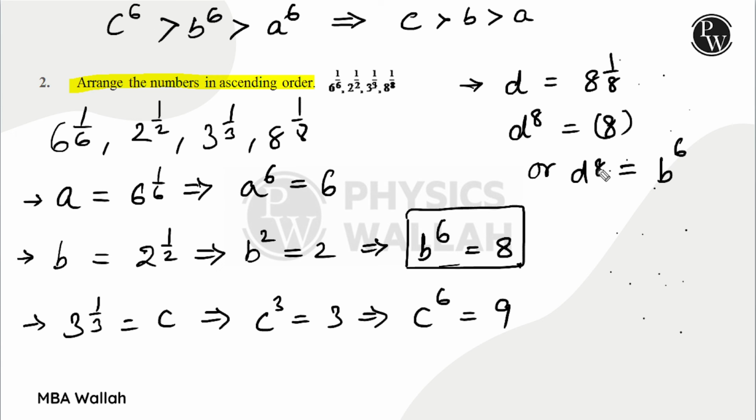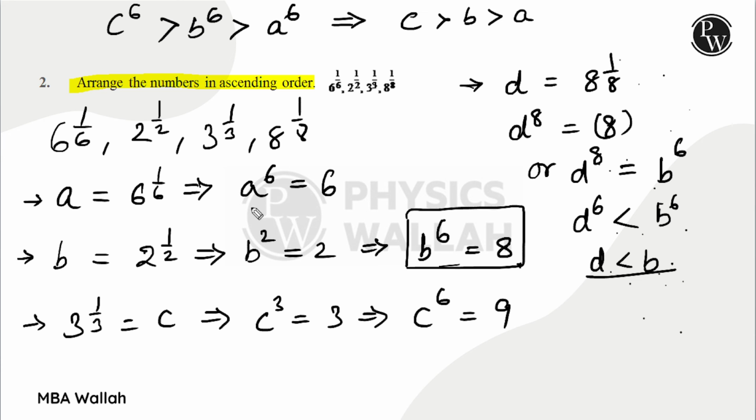अच्छा, एक बात ध्यान दे कि d raised to the power 8 is equal to b raised to the power 6. एक हायर पावर अगर लोअर पावर के इक्वल है, तो if I write d to the power 6, this will definitely be less than b to the power 6. Okay, I hope that makes sense. So d in fact is less than b. So d और b के बीच में there is a relation that I have received. Now I have to check for a. Let's see how we can do that.